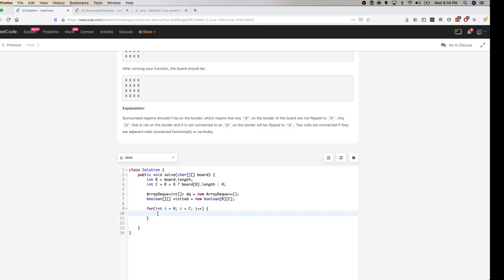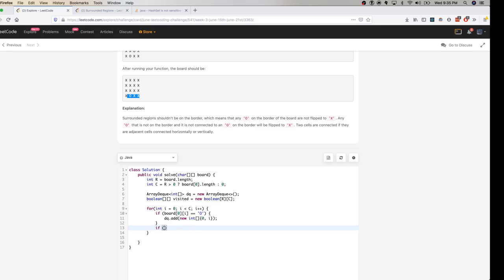So that's what I'm gonna do here. So if board of 0 comma i is equal to, I think it should be O, right? Yep, it's equal to O, then I'm gonna add this coordinate into my deque. It is nothing but 0 comma i. Simultaneously you could do the same thing for the last row as well.